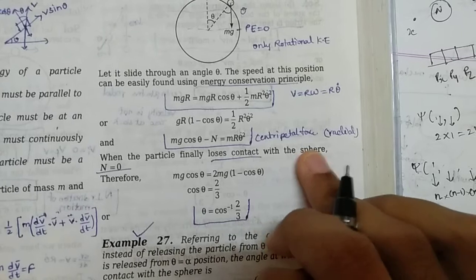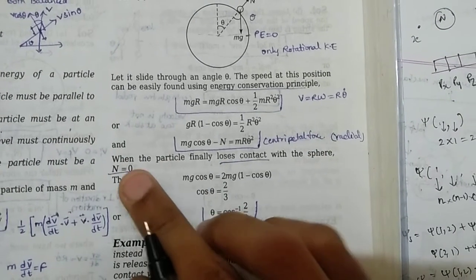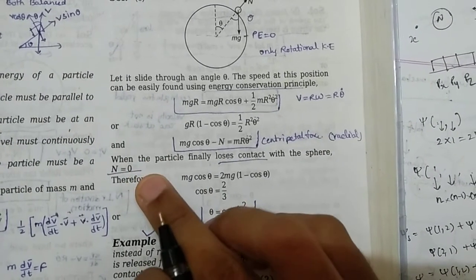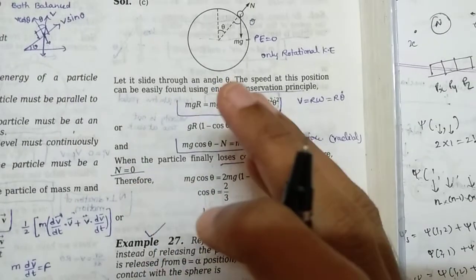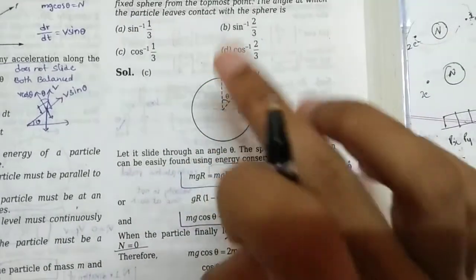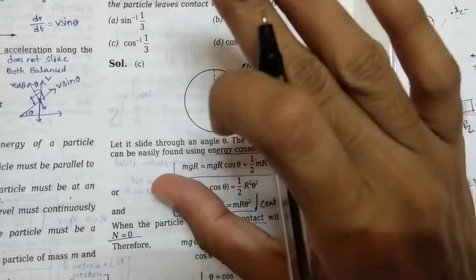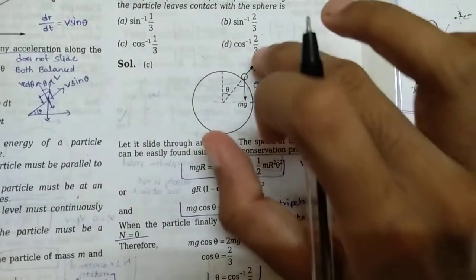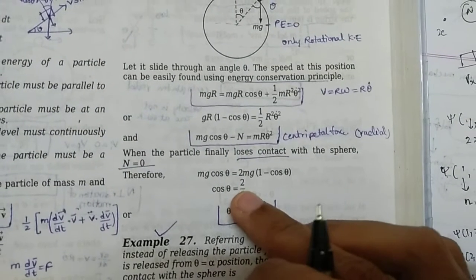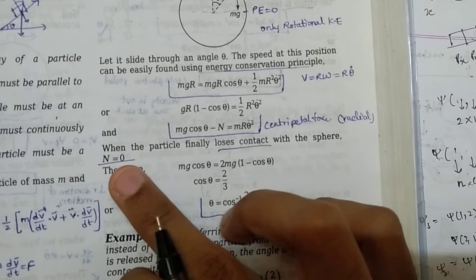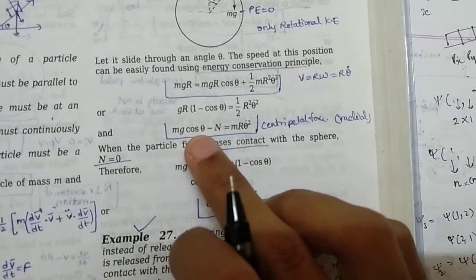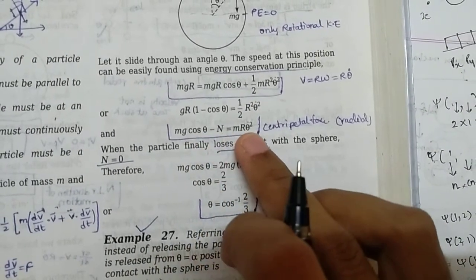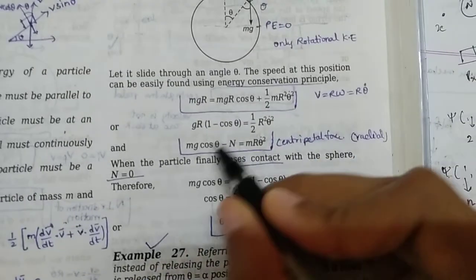And when the particle loses contact with the sphere, as I have said, the normal force is a contact force. It acts only when the two bodies are in contact. Here this particle has to be in contact with this sphere, only then will the normal force act. So when it loses contact with the sphere, there will not be any normal force, because it is a kind of contact force. So when it is not in contact, the normal force becomes zero. So we would have mg cos theta